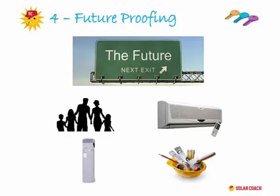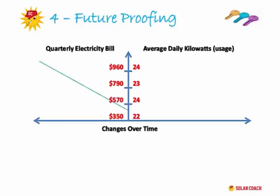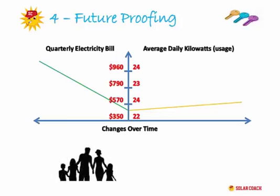What we then look at is whether you believe your real usage, that's your average daily kilowatts, whether you think they're going to increase, they're going to decrease, or they're going to stay the same over that time frame. I mean, remember, we know that what you're paying for your bills is increasing dramatically, but that doesn't mean that your actual usage, your real usage, is. If you have a young family with children under 10, for example, it's very likely your usage will increase over time. Whereas if you've just retired and the family has moved out and, you know, perhaps we're looking at a